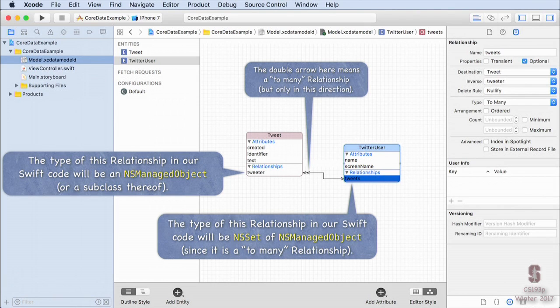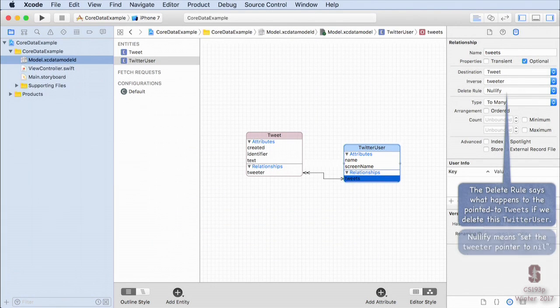Now, NSSet, there is a Swift struct called Set. It's a generic type. It's just like array where you have to say what's in the array. Same thing with a set. You have to say what's in it. NSSet is kind of an older Objective-C kind of set. It's not generic. It's untyped. The things in an NSSet are Any, which we kind of need a little bit here because we really don't know what kinds of things are in there. However, in your code, you can cast from this NSSet of NSManagedObjects to a set of what you know to be in there using as question mark. And if that in fact is what's in there, it will work. So that's NSSet there.